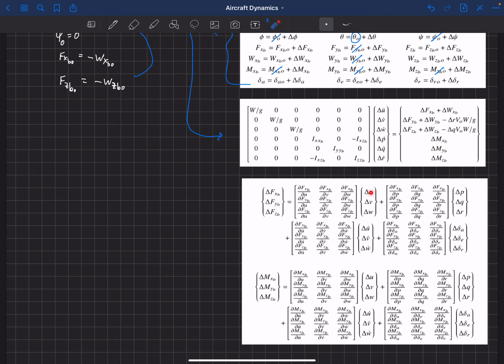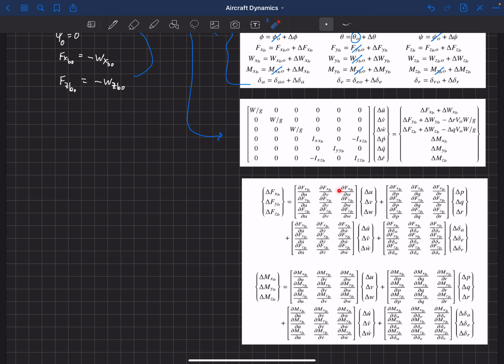So we know that the force and the moment depend on these things. They depend on the UVW, or our velocities. They depend on our rates, PQ and R. They depend on our accelerations, or they can depend on the accelerations, U dot, V dot, and W dot, translational accelerations. And they also depend on pilot control inputs, delta A, delta E, delta R. And again, this is where we would include a throttle setting or something if we wanted to, but we're not going to include that there. So what we've done is basically we're writing these forces of moments, or these deviations of forces of moments, as functions of just the first term in the Taylor series.